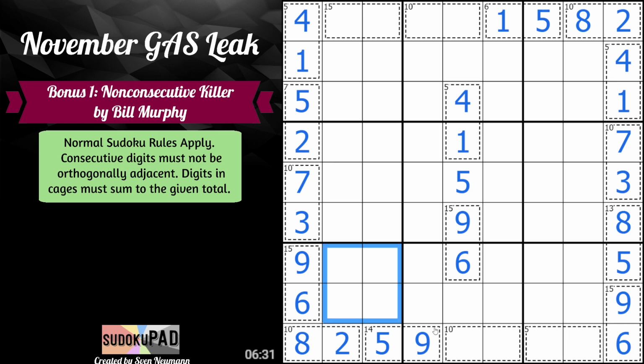what are we missing here? 1, 3, 4, and oh my gosh. We're missing 1, 3, 4, and 7. This, because of the 2, cannot be 1 or 3. Because of the 6, it can't be 7. So this must be 4. 1, 3, 7. 3 cannot go next to the 4, so it must be 3 here,